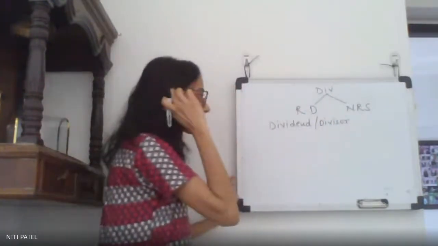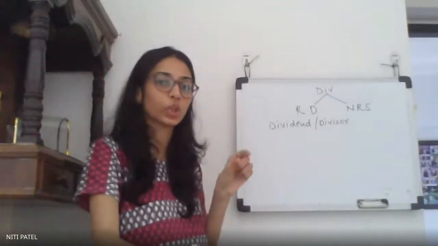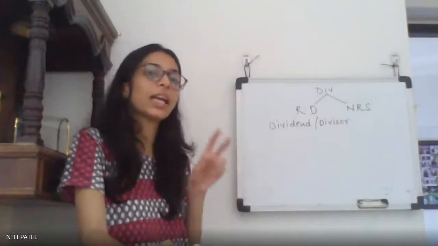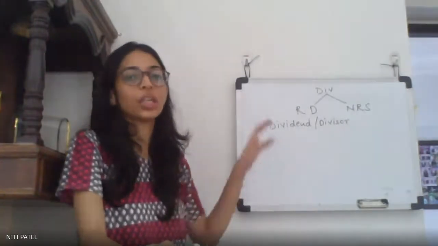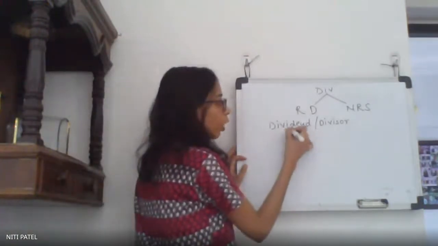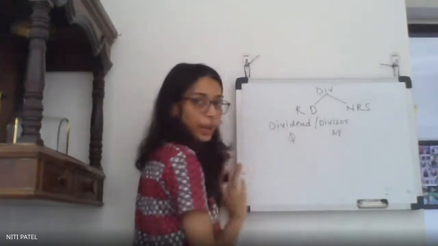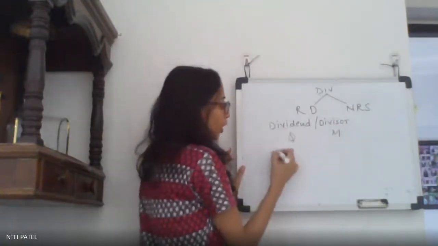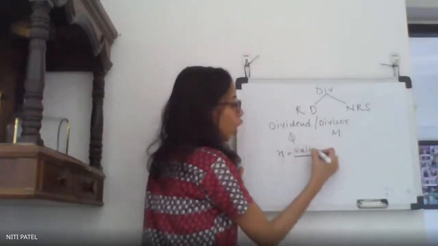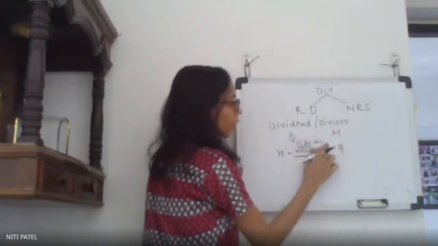If you remember, in binary multiplication we used two registers, M and Q, to store the multiplier and the multiplicand. Similar M and Q registers we will be using in restoring division also. But we will store the value of the dividend in Q and the value of the divisor in M. Now your N, the register size, depends upon the number of bits in Q, not the value but the bits in Q.